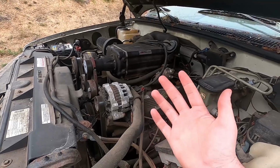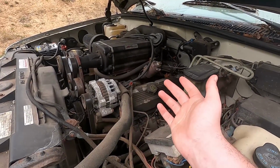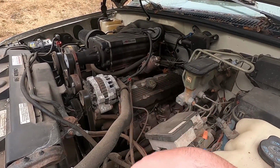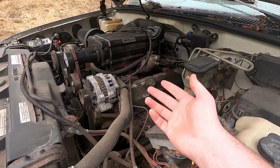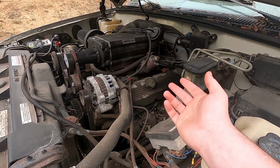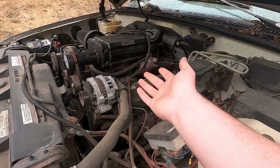Another thing though about this is it is kind of awkward because you can't just tune this normally. With the EPROMs, it gets a little bit weird. I can't just take it to a shop and be like, hey, can you tune it? I just put in a new cam. Hey, I just switched out the heads. Can you tune it? No, there's not very many people that can actually tune these, and I know of no one that can, and I haven't really done much research, but if you know anybody that can, of course, let me know,